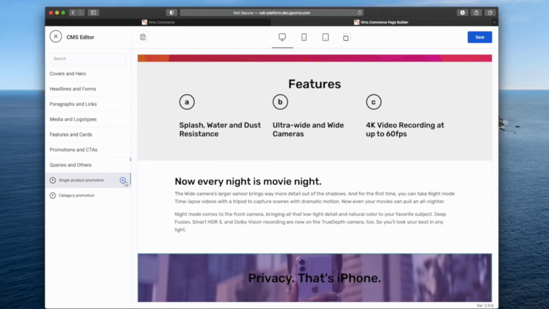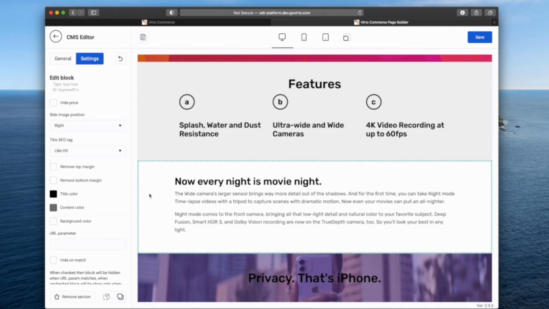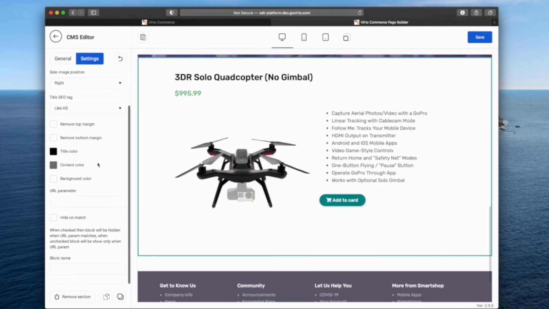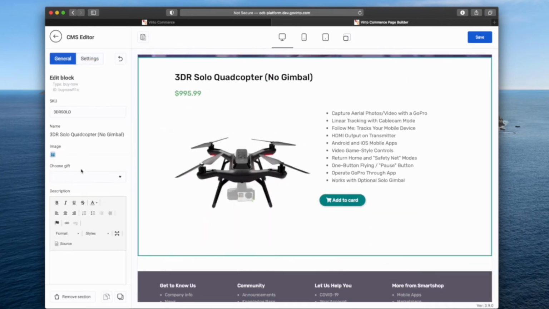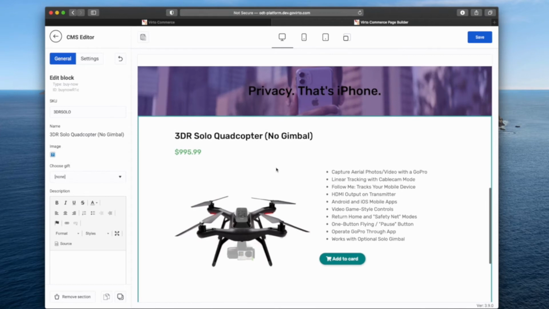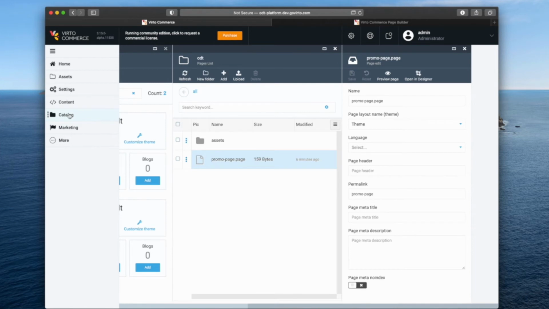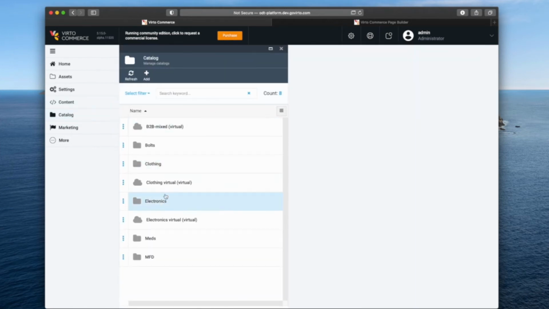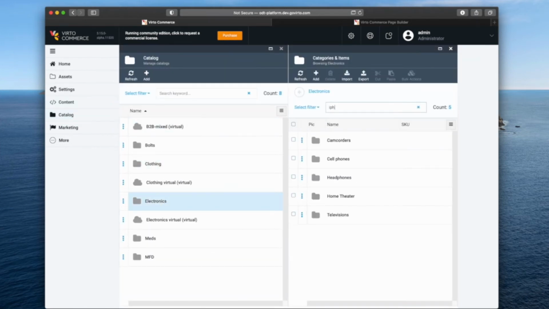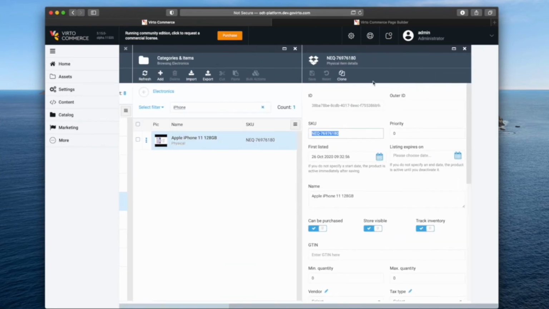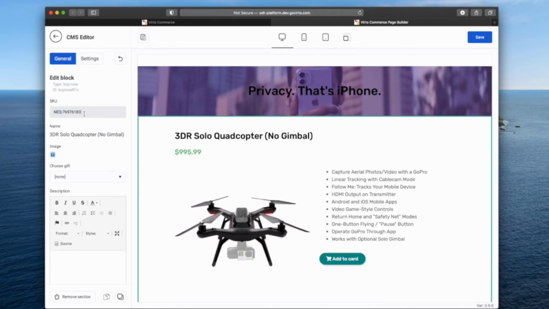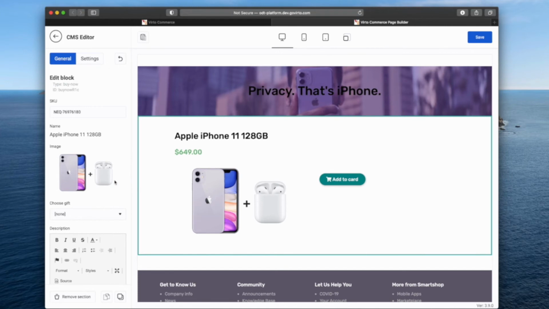I need to trigger and retrieve data of my product I'm going to promote. So that's going to be iPhone, and I do remember that we are promoting it with free AirPods. So what I need to do is go to my catalog, find the iPhone SKU. Let me just type in iPhone. Here we go. So I need its SKU. I copy it here, replace it. Boom. So we got our iPhone ready, and the gift is gonna be